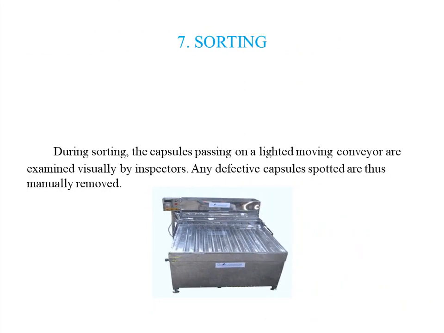Step 7. Sorting. During sorting, the capsules passing on a lighted conveyor are examined visually by inspectors. Any defective capsules spotted are thus manually removed. Defects are generally classified according to their nature and potential to cause problems in usage. The most serious of these defects are the ones that could cause stoppage of a filling machine, such as imperfect